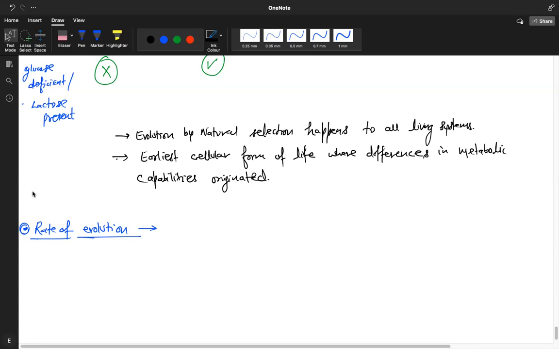But the same mechanism is used by our neurons, kind of. A similar mechanism is used by our neurons to make connections. So it's not very simple either. It also involves a lot of complex things happening inside the cell. But let's assume you're right. They are simpler. But how can you say that just because they are simpler, they evolve faster? You need to say something more. Yes, Fatima, you are also trying to say something. Tell me.